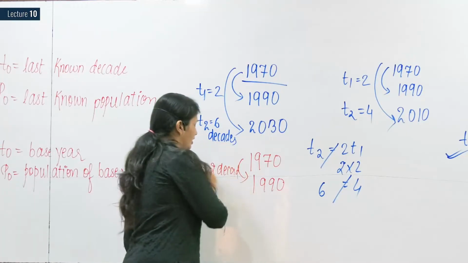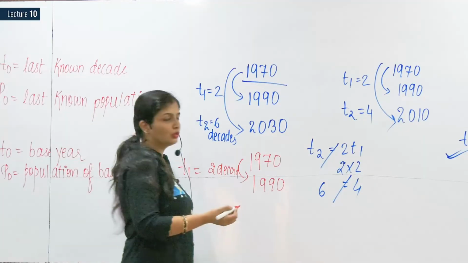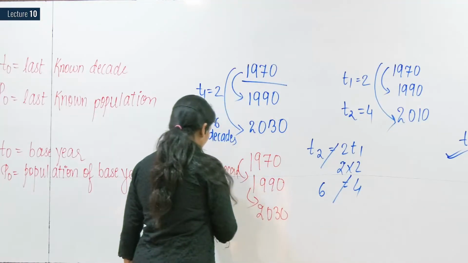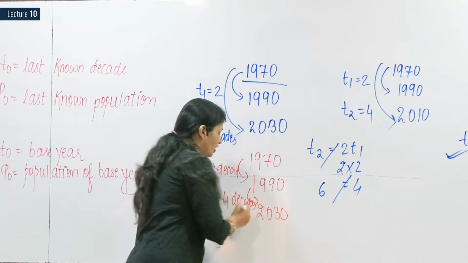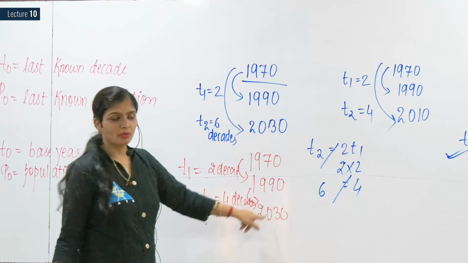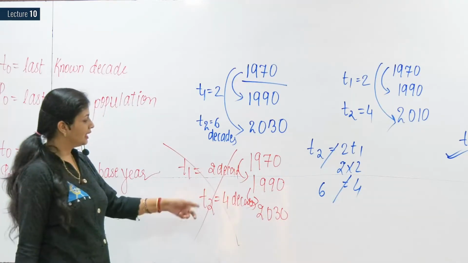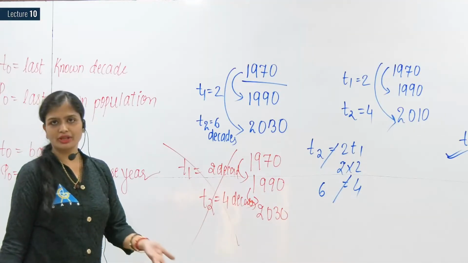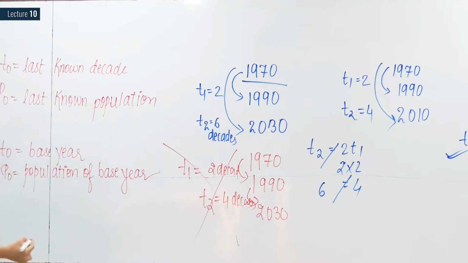Then, this is time T1. Then when it comes to calculate T2, you say T2 is 4 decades. From where you calculated it? You calculated it from 1990, which is wrong. This whole thing is wrong. And then you will say T2 is twice of T1. So this equation is basically valid, you can apply the logistic method, which will be wrong. Because now only I have told you this, you mark it in note.